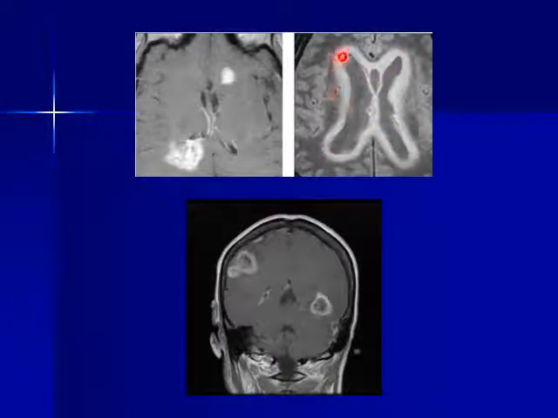This pattern can be seen in many diseases. Number 1, glioblastoma multiforme. Number 2, lymphoma. Number 3, metastasis. Number 4, inflammatory, or ventriculitis. But in ventriculitis, the patient is feverish and you see just a thin wall of enhancement, not a rind of tissue